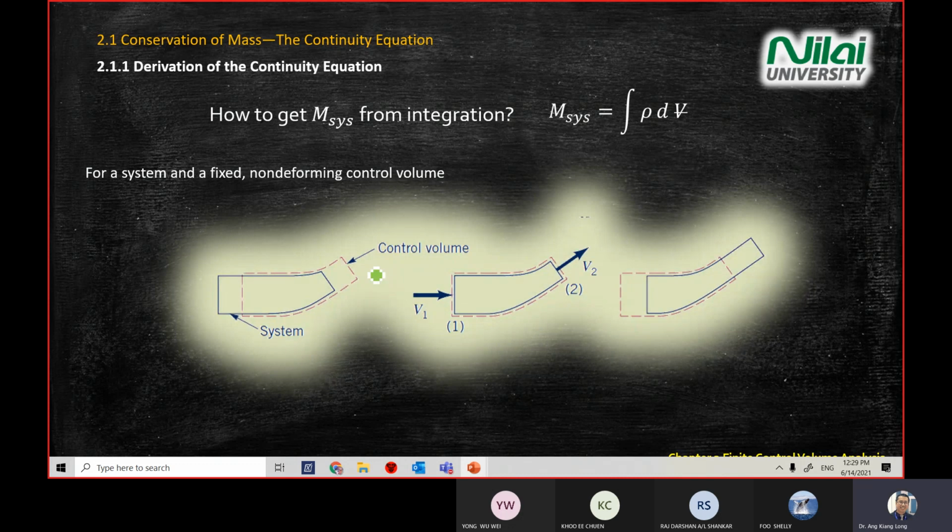This is for question number 2 in your tutorial. When it asks you to derive the continuity equation for a non-deforming control volume, you will start using the conservation of mass equation. So what does it mean? Let's say you look at the diagram on the left-hand side. Let's say you have a system, and the system means the problem that you are going to analyze. So let's say you have a system defined by a blue solid line,